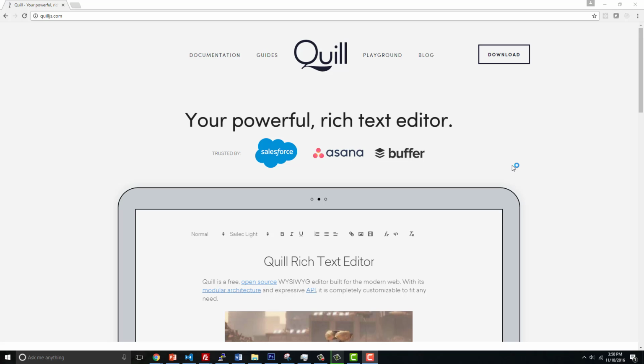And Quill is a project. It's basically Microsoft Word that runs inside of the browser. People commonly refer to something like this as a WYSIWYG, which stands for what you see is what you get. So if you take the first letter of all those words, you end up getting WYSIWYG. And that's actually a common thing that we've always looked for these WYSIWYGs to help us do blogging and things